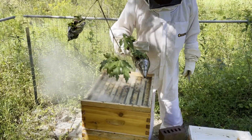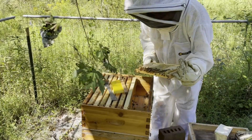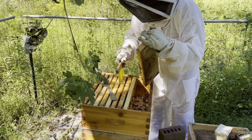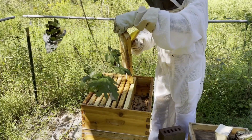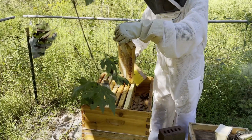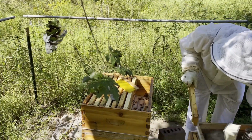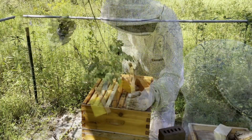Heavy smoking. Anybody who watched the process last year when we did it knows that when we're done, the supers go back on the hives and the bees have a blast cleaning and drying out the supers. We also take all of the extraction equipment and any dry cappings that aren't quite dry and put them out in the bee park, and the bees will come out and basically clean it off, and it's really an amazing